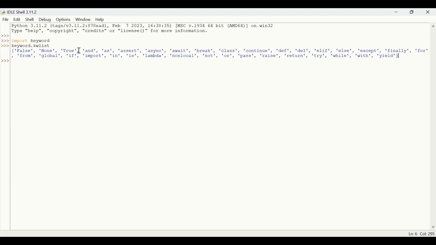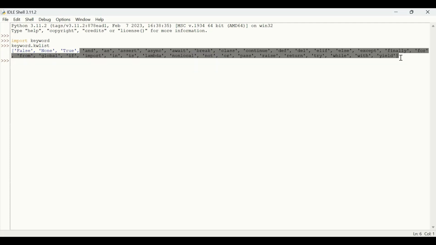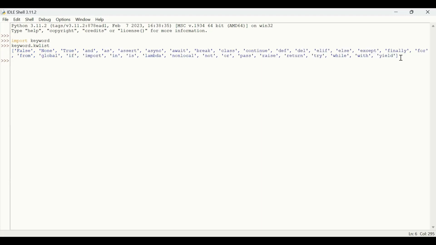See, the first three keywords, False, True, and None, are capitalized. All the other keywords come in small letters, in lowercase. False and True, you all know, are the Boolean data type, and None is what is displayed when there is a function which returns no value. And is an operator, and as is used to assign